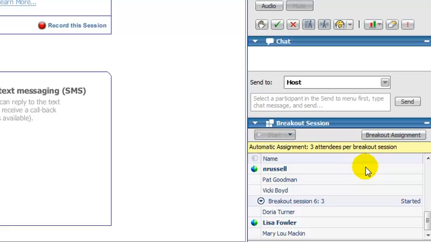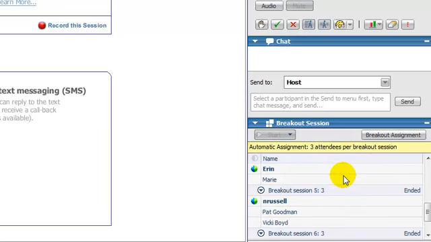We'll just sit here for a couple seconds, and you will see something change. Okay, now they're out. You can tell because this says Start, giving me the option to start another breakout session. Everybody is now back in the main session,